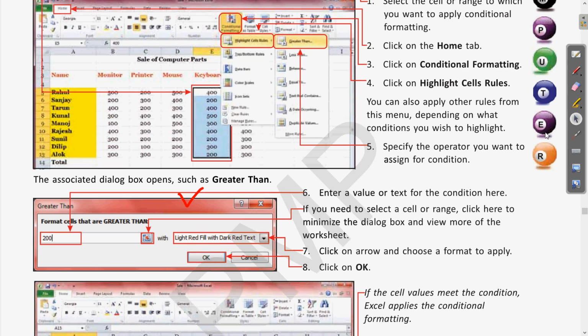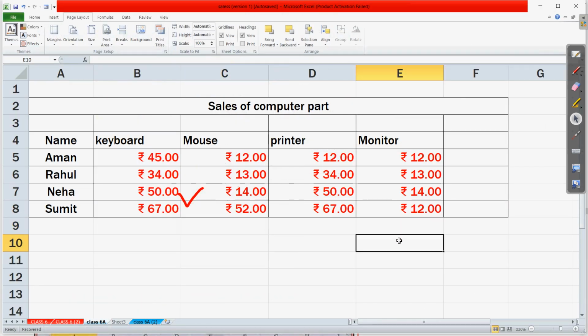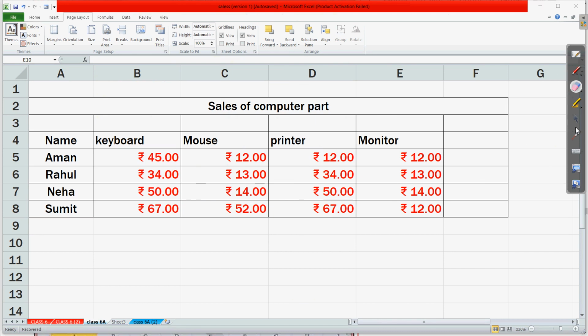Now let us see an example of this. If I come to the example here, let us erase this. Right now we have the data in the form of prices. Here the cells range from 12 and the highest is 67.